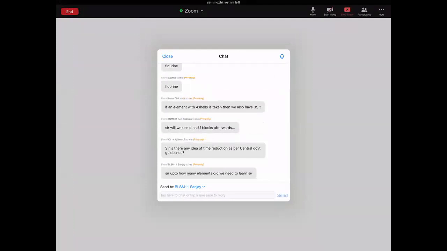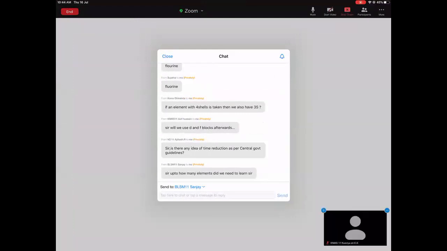Sir, the aim of central government is universal literacy. Central government doesn't care whether you get into IIT, whether you get into NIT, whether you go to medical college, or whether you go to no college. So central government's aim is only to make sure that there is 100% literacy. With that aim, we can do. But if we want to clear entrance exams, we have to work. Yeah, we have to learn. We have to learn for all elements. We have to learn, Sanjay.